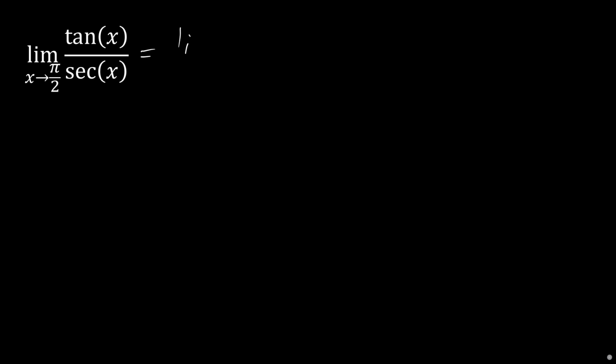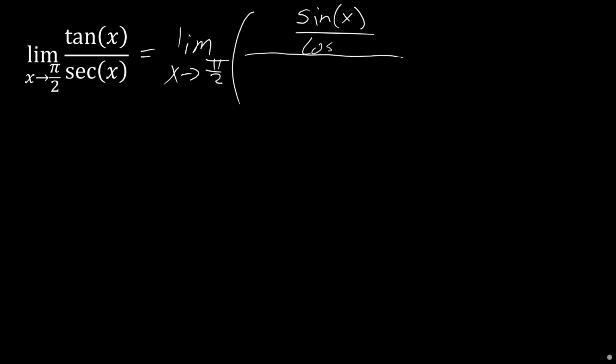So this would equal the limit as x approaches pi over 2, and then this would expand out. So what is tangent? Tangent is sine of x over cosine of x. And then secant is 1 over cosine of x. Now this can be simplified. It's going to equal the limit as x approaches pi over 2